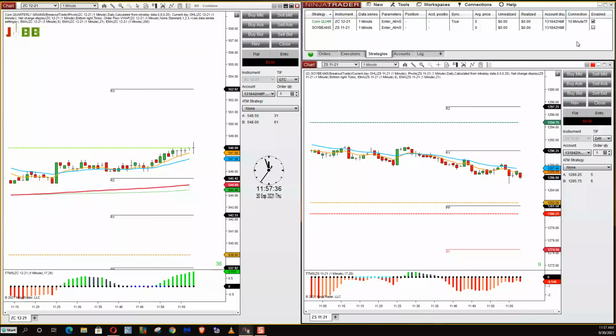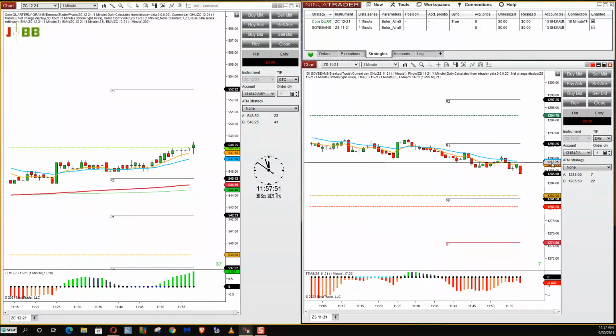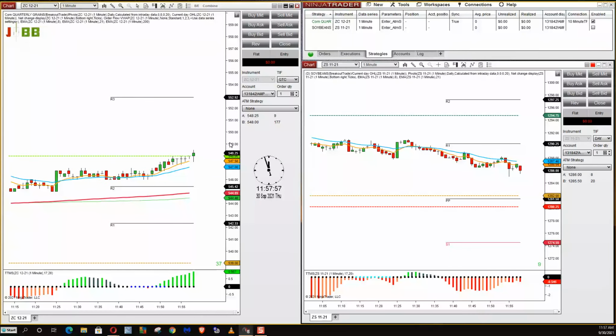So we're watching carefully. I'm watching for volatility of an insane amount, which I don't think I've ever seen on the grain report. Now, corn has been more volatile than soybeans today.